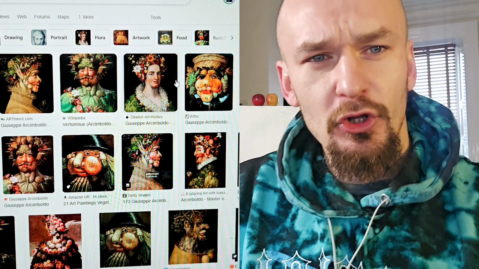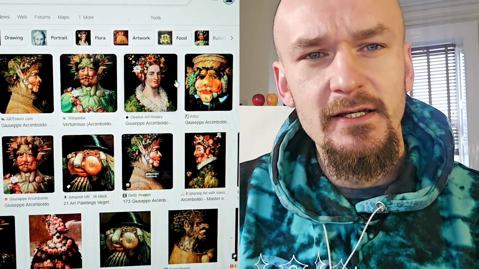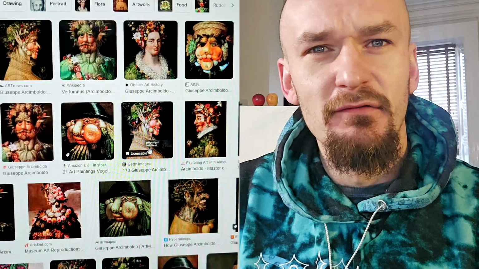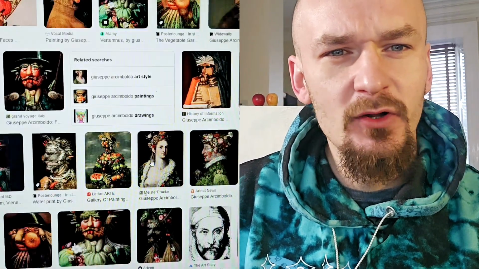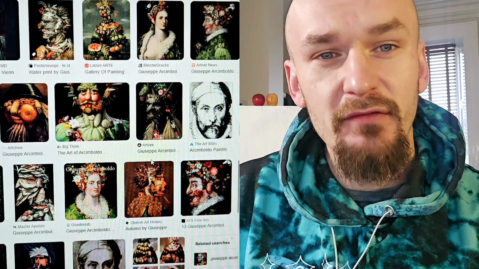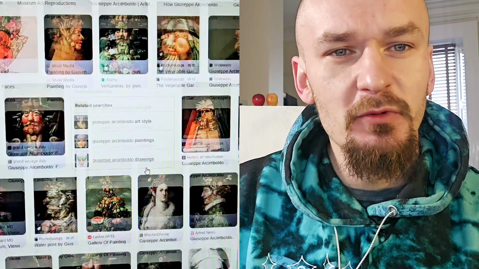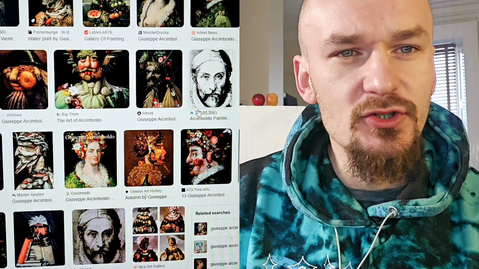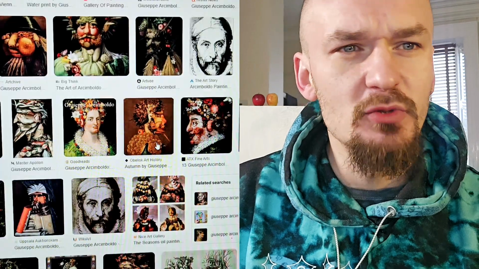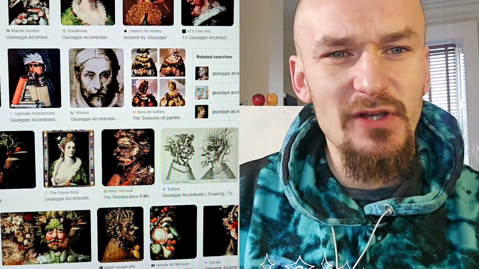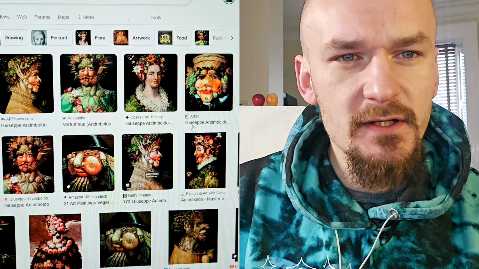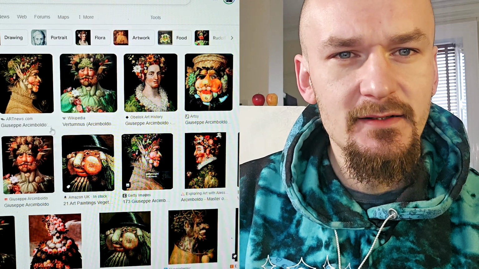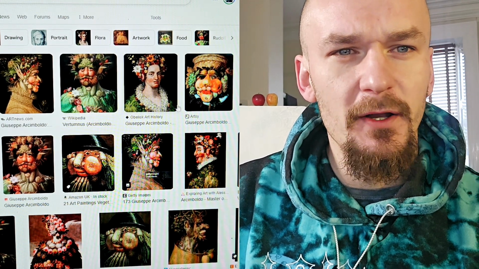Now, I've got it on the screen to the left. You can see here we've got a variety of faces and they all look quite obscured, quite strange. But they definitely look like faces. Some of them are obviously clearly just drawn faces. Some of them are by him. Some of them are just random images of the artist. But by and large, what we're looking at is most of his works here, especially these 8 that the mouse is hovering over right now.